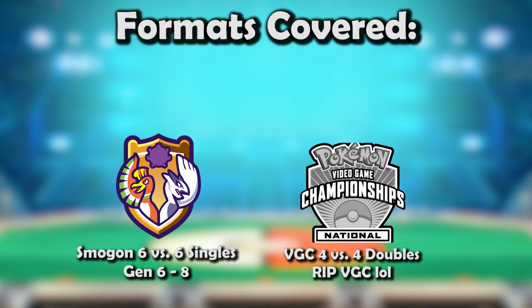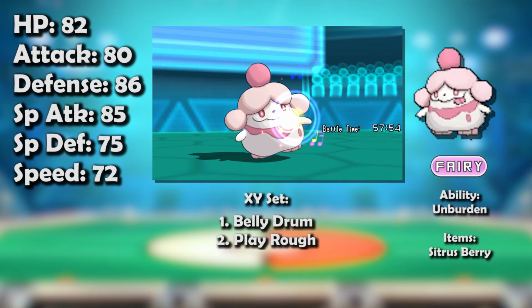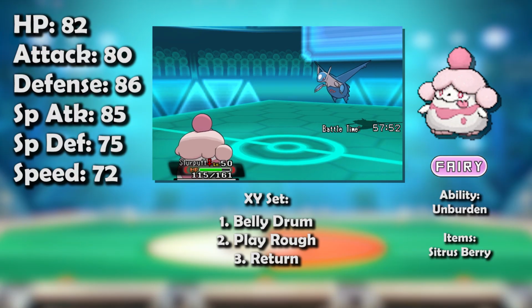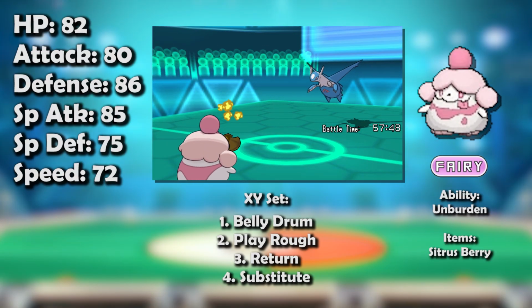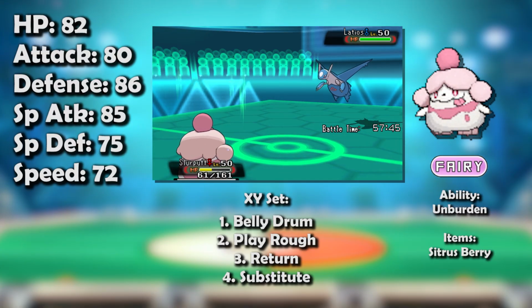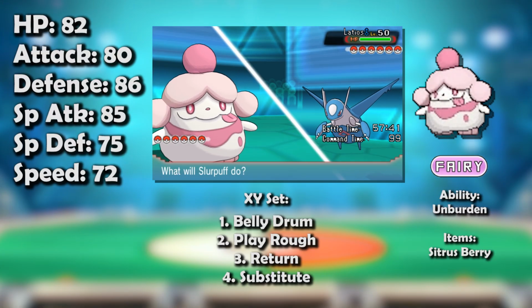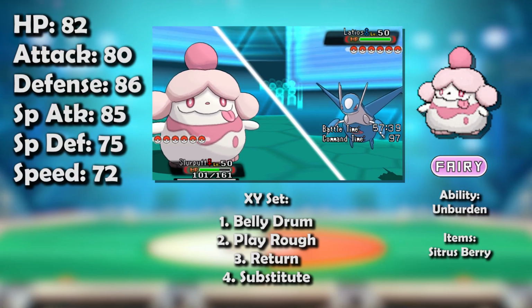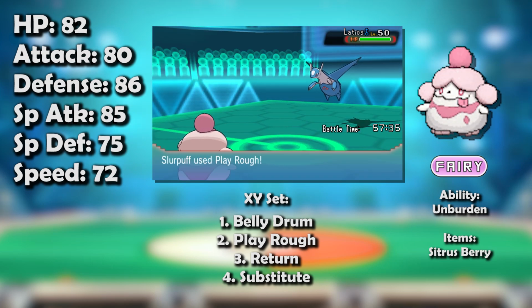And in this video, we'll be going over these competitive formats. Buckle up because the history of Gen 6 Slurpuff is no cakewalk. Its go-to set was the Belly Drum variant, which doesn't seem threatening on a Pokemon with Slurpuff's unimpressive speed until you realize it has the Unburden ability, meaning as soon as it uses its item, its speed doubles, and that Belly Drum's health-halving effect actually activates its Citrus Berry, meaning its Belly Drum actually gives +6 attack, +2 speed, and